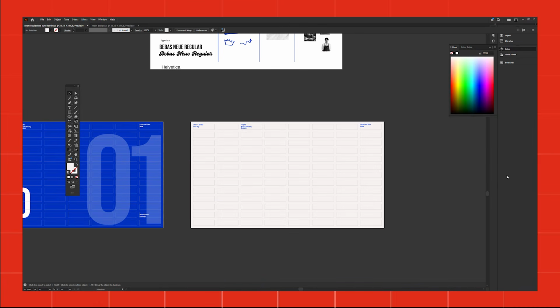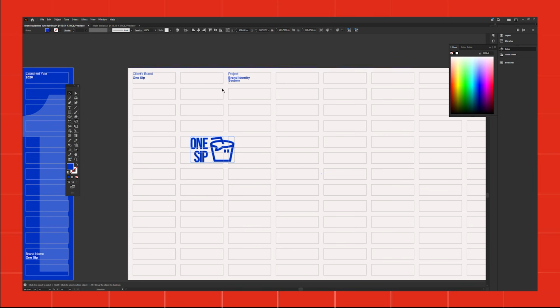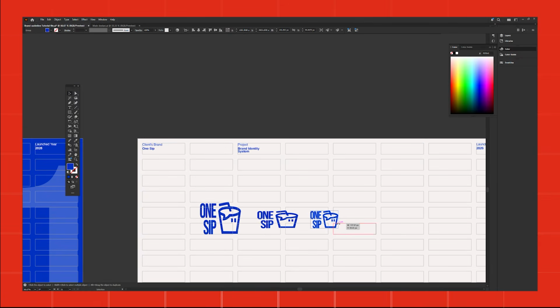Alright, this slide is gonna show how not to use the logo. Let's say we have the logo over here. What people do is, if they don't have space to fit in the logo, they just drag it. So we're gonna show here that we shouldn't do all these things. For example, let's increase this a bit more like this. We're gonna duplicate this and stretch it like this horizontally, or maybe they'll go something like this also